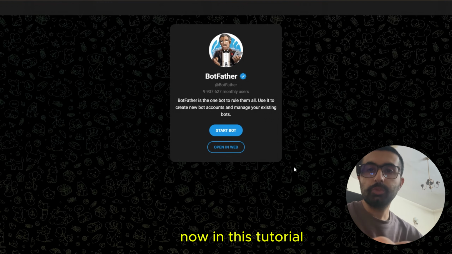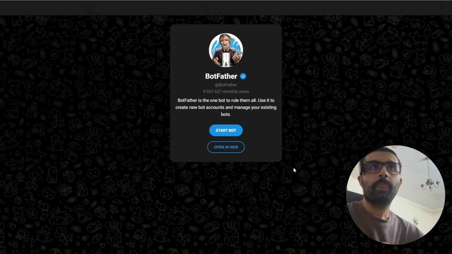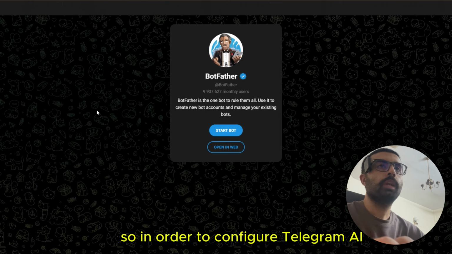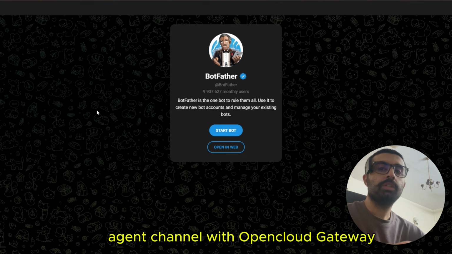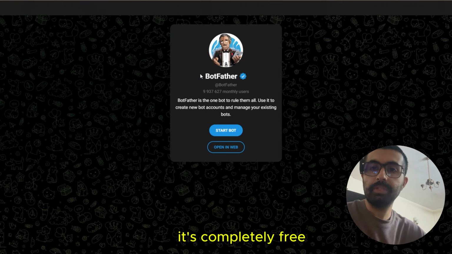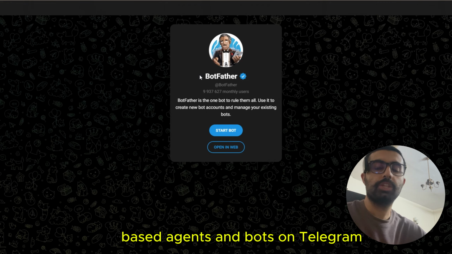Now, in this tutorial, we are going to configure a Telegram AI agent with the OpenClaw gateway. So let's get started. In order to configure the Telegram AI agent channel with the OpenClaw gateway, you have to visit BotFather on Telegram. It's completely free and you can create your own Telegram AI based agents and bots